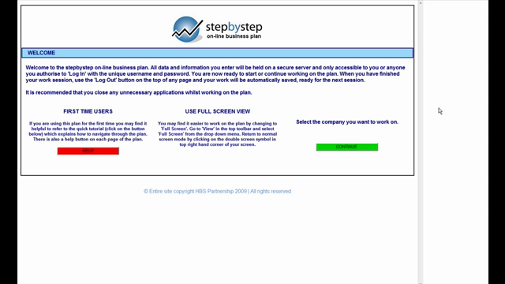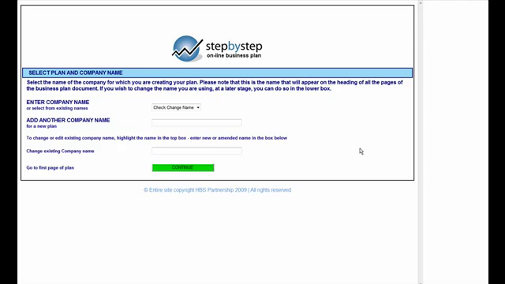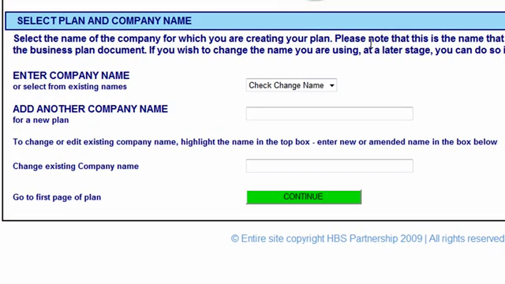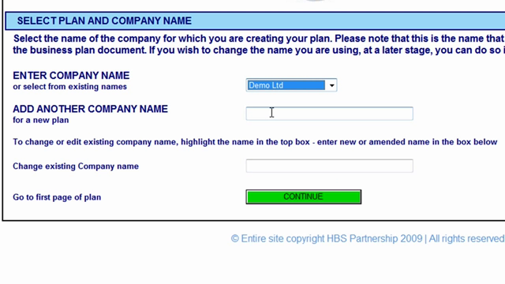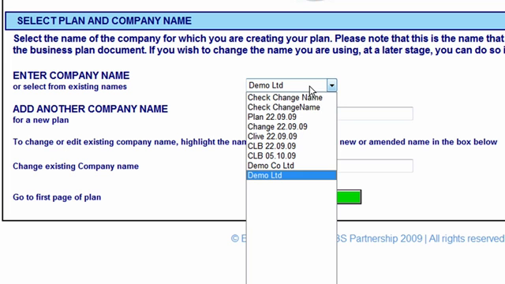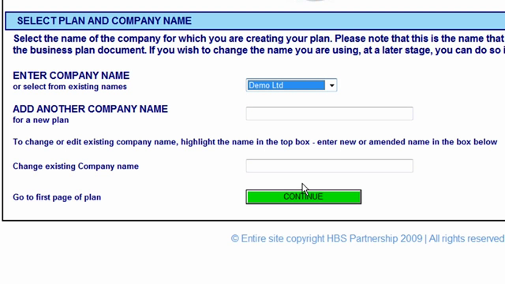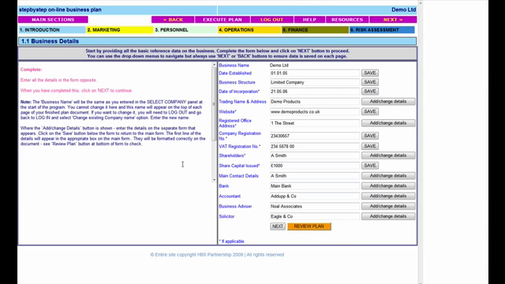Continue to the next page where you enter the company name for the plan or select the name if you have entered one previously. If you have a multi-plan version, you can enter other names here. If you need to, you can also change the name of the company showing in the top box. Continue to start the plan. This takes you to the first section of the plan,